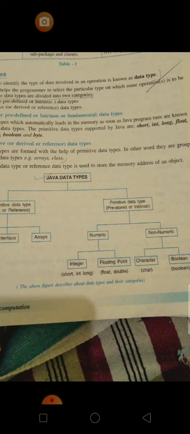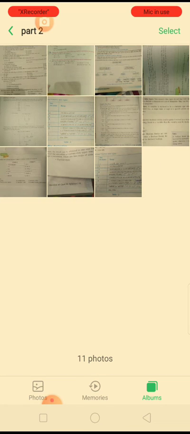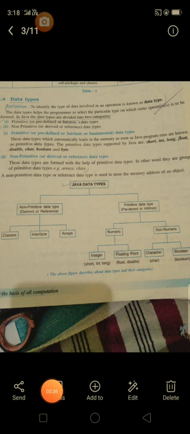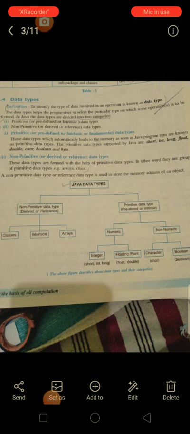Primitive data types are basic or fundamental data types that may be used to create other larger types. Java supports the following 4 types of primitive data types: numeric integral primitive type, fractional primitive type, character primitive type and boolean primitive type. First, the numeric data type.